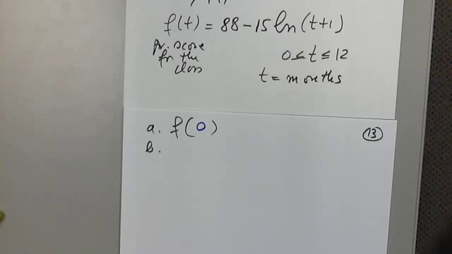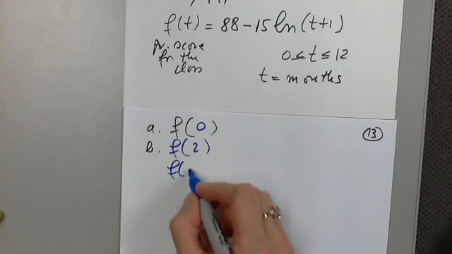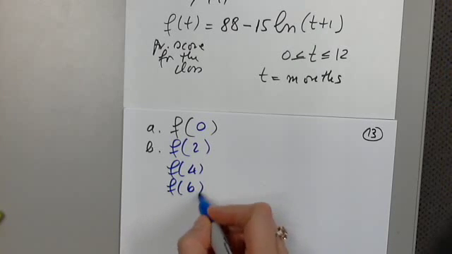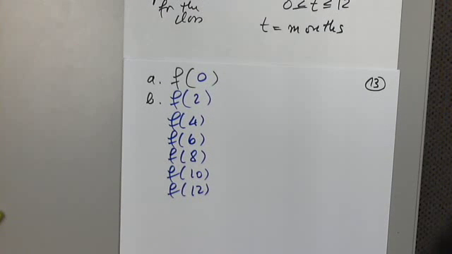Exactly. T equals 0, and we're going to plug it in. Then we want to find f of 2, and then f of 4, they say, and then f of 6, and then f of 8, and f of 10, and f of 12. That's what they want, and then look at the graph. Of course, I'm going to plug in the function. I don't want to do this,